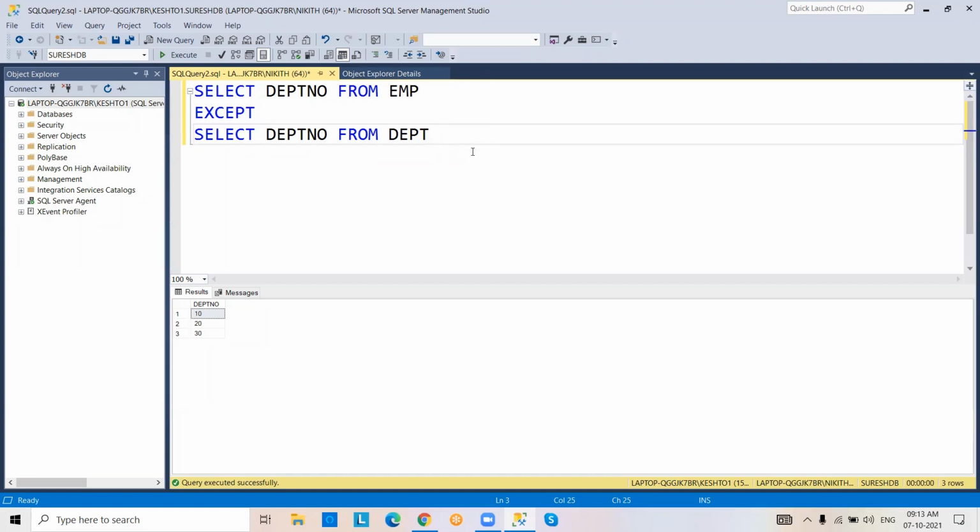Common data will be cancelled and remaining data will be there from the employee table. Total data, common data cancelled. There is no extra data in the employee table, so nothing is returned. Intersect retrieves only common data. Union retrieves unique data. Okay, is the doubt clear, Dushyant?